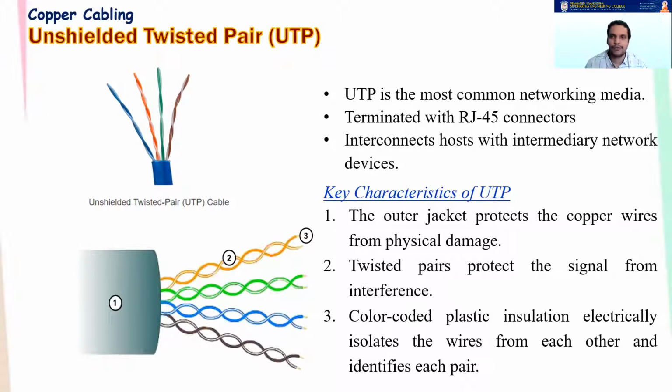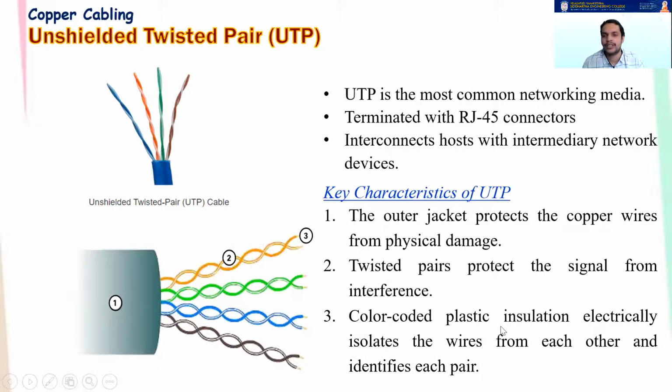If you see the construction of UTP, once again, you find that there are 4 pairs of cables. Each pair is twisted. And on top of these 4 pairs, you have an outer jacket, or a plastic jacket, which is shown here. This is the outer jacket, which is blue in color. It covers the inner cables from physical damage. And this twisting is done. You can see here the twists are actually quite different. The number of twists per inch is different for each cable. This allows us to make sure that crosstalk does not happen, or we can limit the crosstalk to a maximum extent by doing these things.